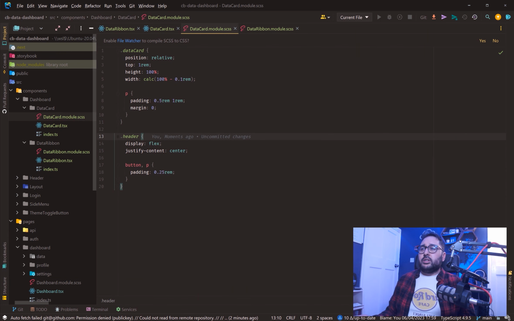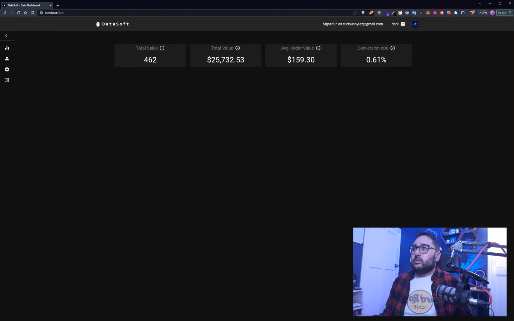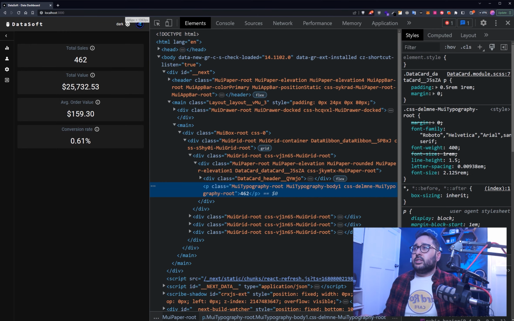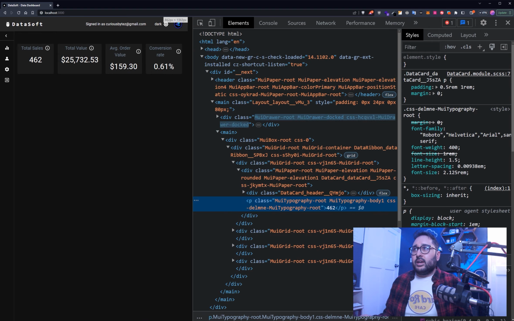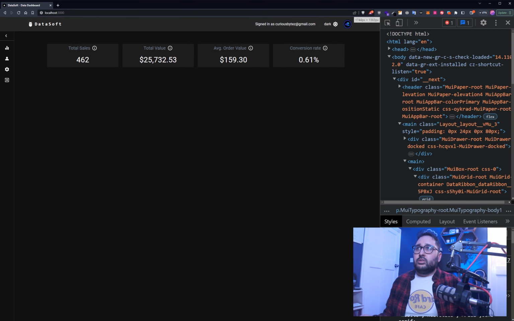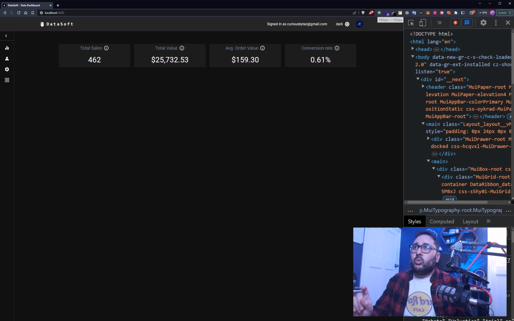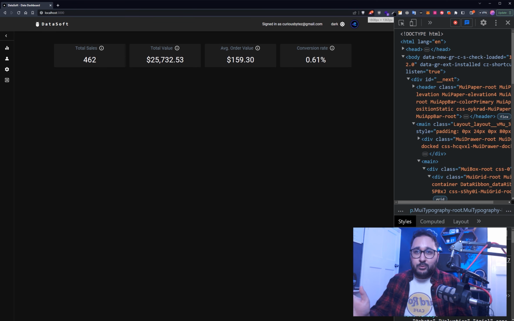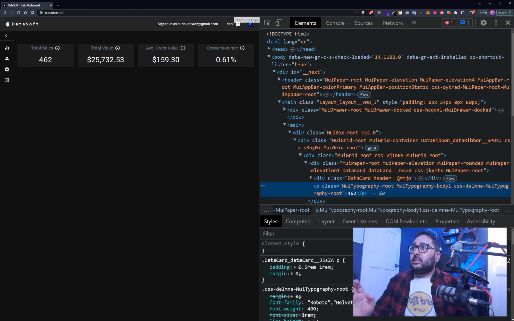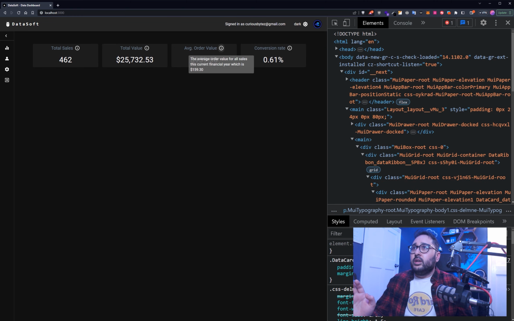What we've essentially done here is we're saying both of these have about 0.25 rem, which is just a few pixels, and that gives a nice little space between them, but also it makes it look quite nice. And you can see here, once it goes below tablet, it goes into full width into single columns, and then once it's past tablet, it goes into 4 columns. So that's the data ribbon component working quite well, and each one has their own unique bit of information about